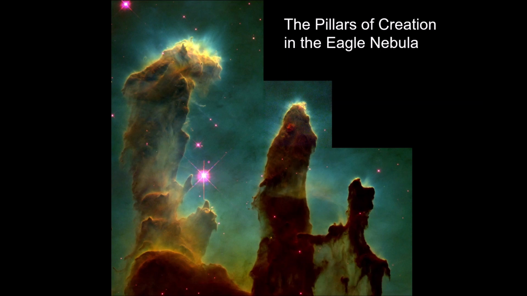Here's another example of protostars. Now, this is a really famous example. You've likely seen this picture before. It's one of the most famous Hubble images. They call it the Pillars of Creation, and it's part of a larger nebula called the Eagle Nebula. And for this particular part of the nebula, what we see happening here is we see these pillars of dust.